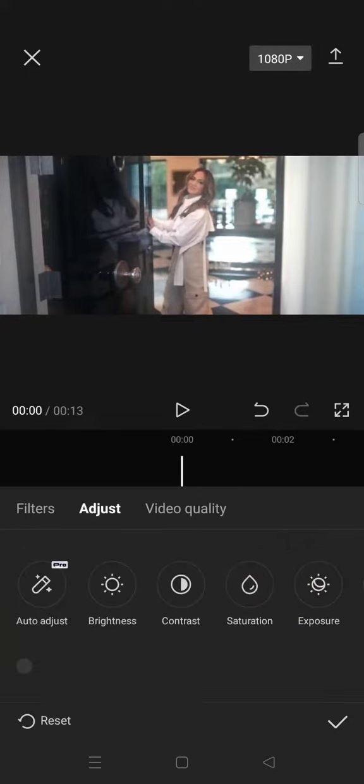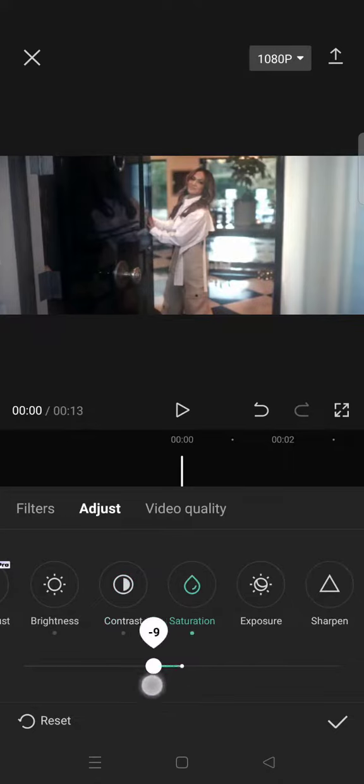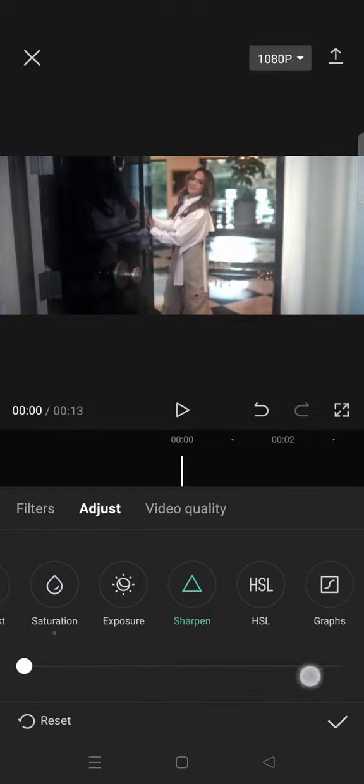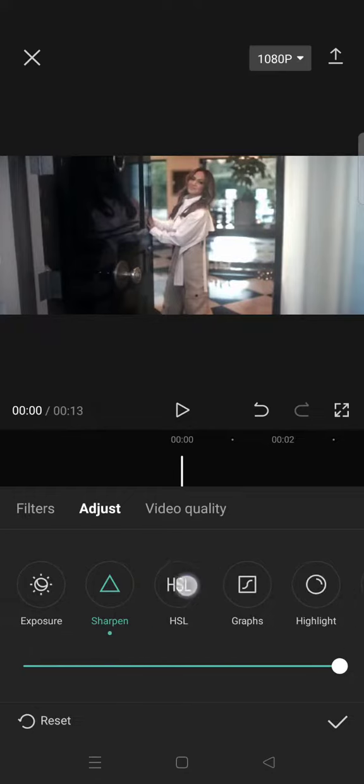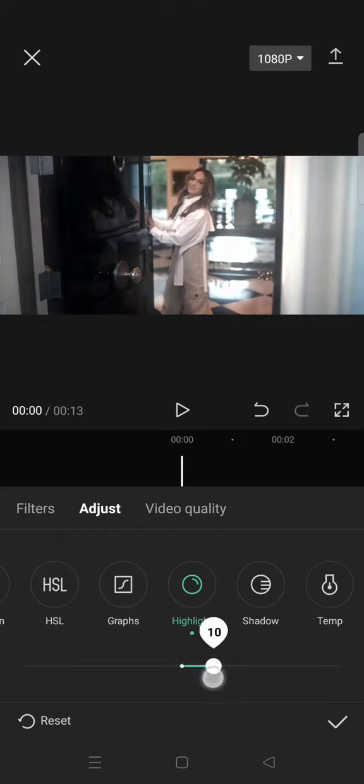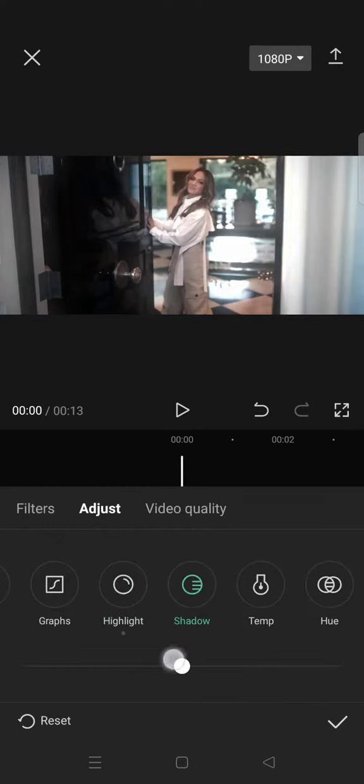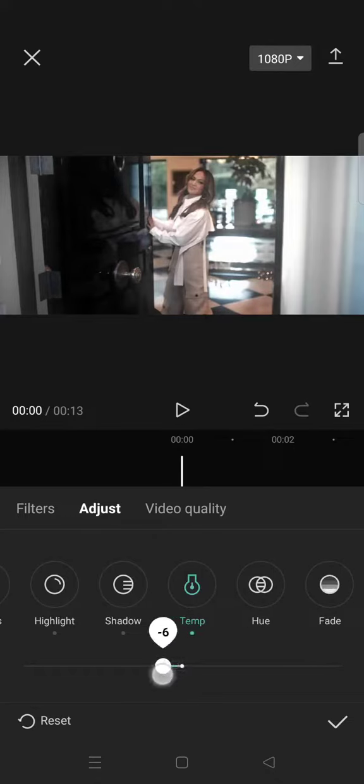Okay, and go to adjust, set the brightness into -5, contrast 10, saturation -10, click on sharpen and set it to 100, and highlight 10, shadow -5, temperature -5,